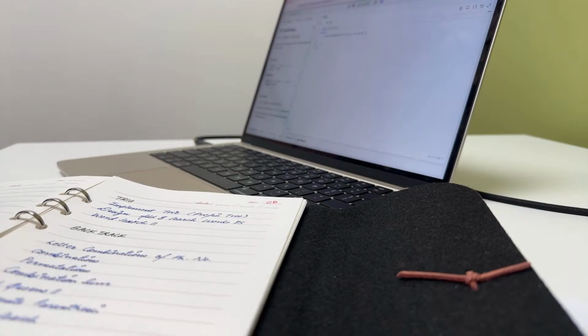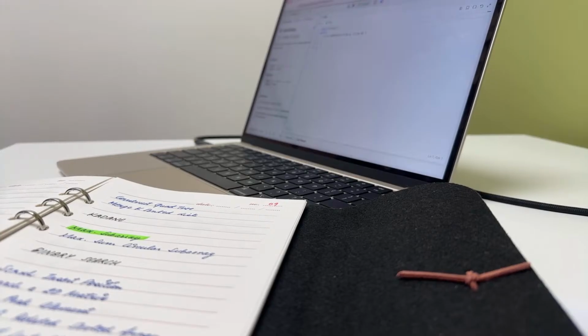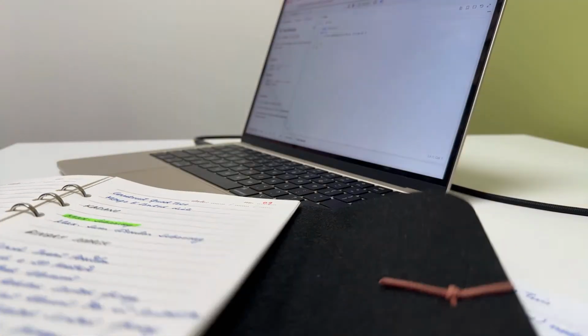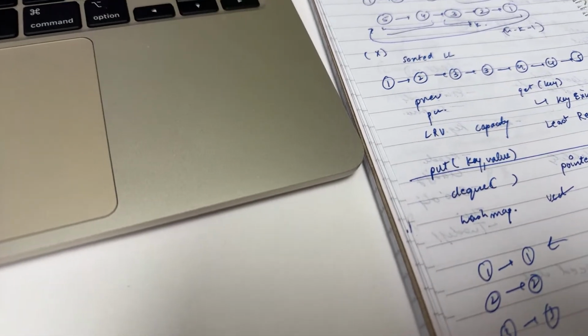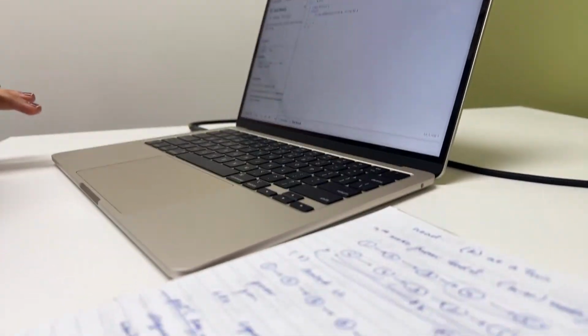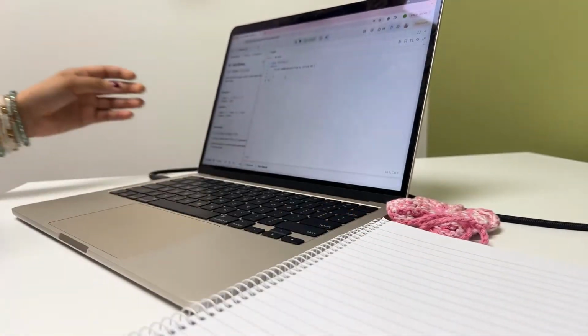BST, graph, tree, course schedule. These are just algorithms. Binary search. This question was nice. Find peak element in a rotated sorted array. But I'm not going to do that. I will do 8 guys. I've been very busy lately. So next, we are going to solve the next question, which is